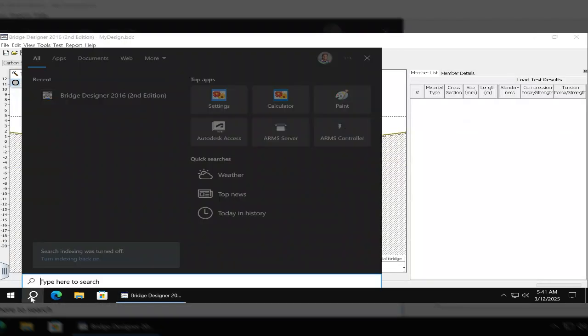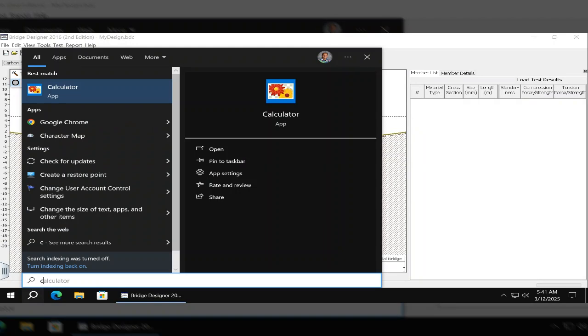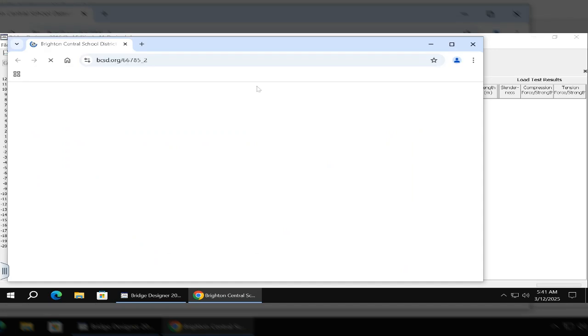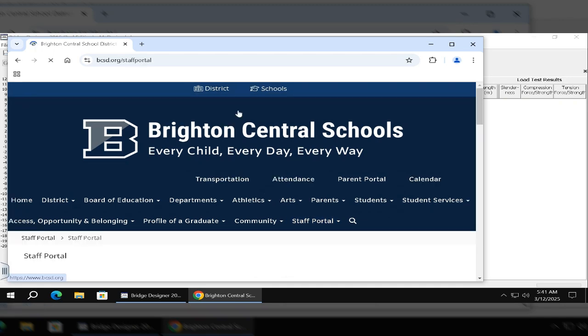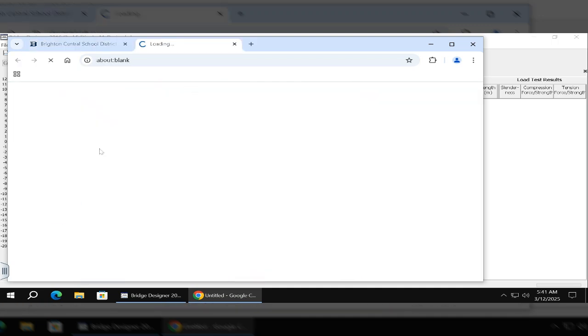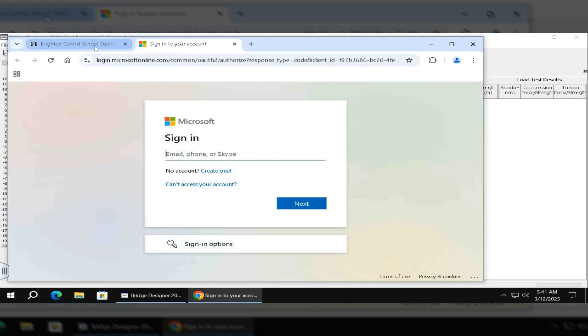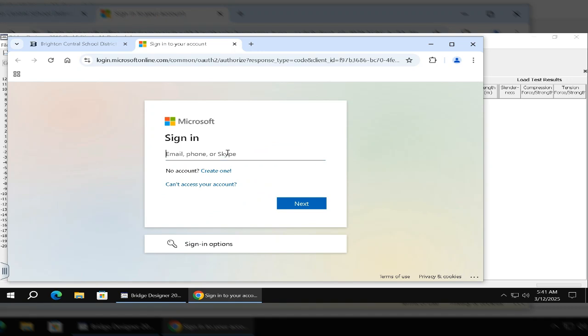Okay? So when you do this, I want you to be submitting a snipping of your file onto Schoology. So while we're working on this, we'll wait for our Schoology to load up. So I went to Google Chrome. I went to the student portal and Schoology right there. And then, like always,